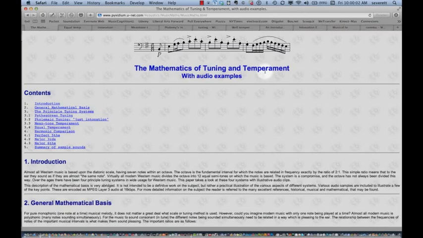So the first page I want to take a look at is this one I have open now, which is the mathematics of tuning and temperament. It also has some audio examples. When I do this introduction, I will play for you an audio file from a Kurzweil sampler that I have in my studio, which has the ability to change from equal temperament to just intonation, which is one of the 2 systems. And we can hear the difference between those 2. I think you'll be quite shocked at what happens when you change tuning systems and what that does for the system of consonance and dissonance in our understanding.